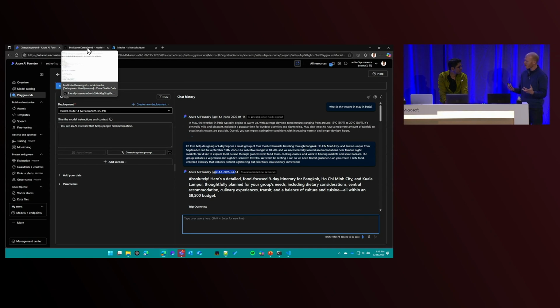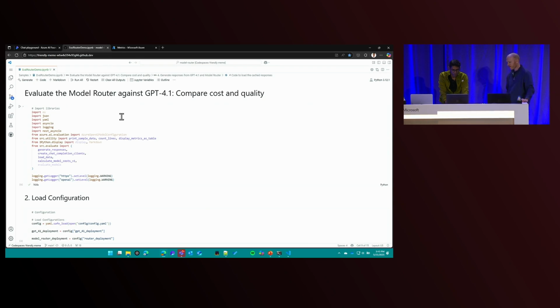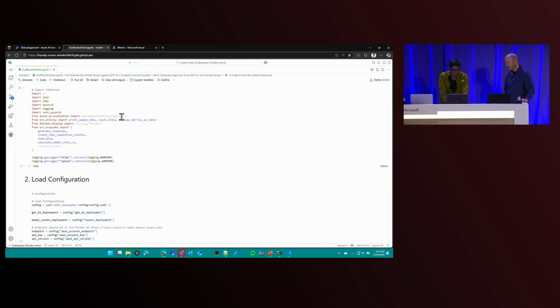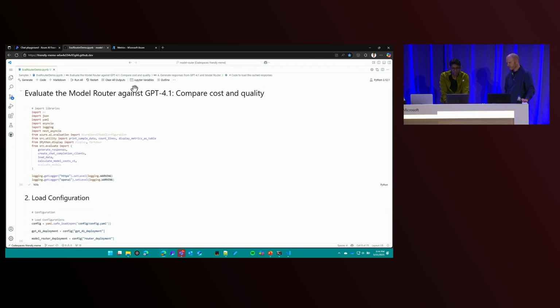Now, this is using one-off prompts. If I actually want to test this for an application, though, the playground is probably not the best place to do that. Can I test this in bulk? Yeah, absolutely, Steve. So let me quickly show you how this works in a notebook for a data set that the router has never seen. So I have around 1,500 prompts from various benchmarks curated. Let's see how the router compares to 4.1.